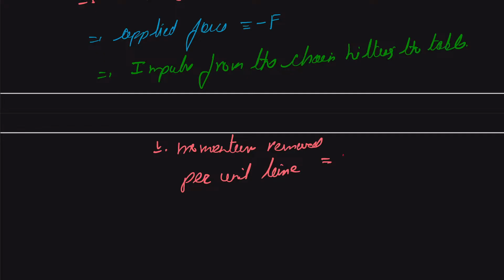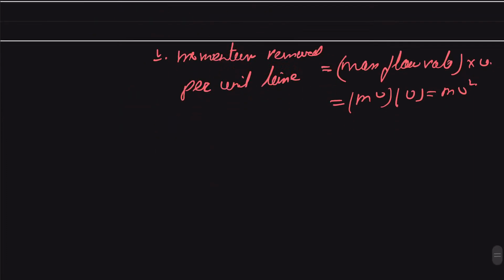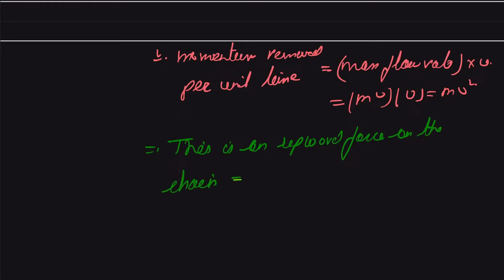We can say this as our mass flow rate multiplied by velocity, and mass flow rate is mv, so this comes as mv times v, giving us mv square, and this is an upward force on the chain. So upward will be giving us minus mv square,